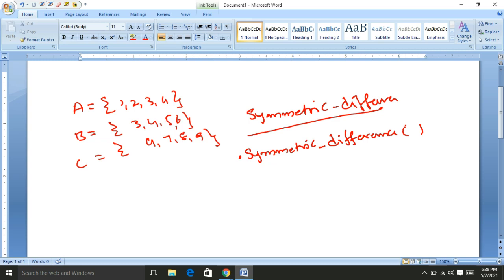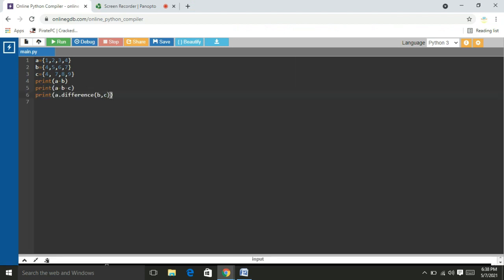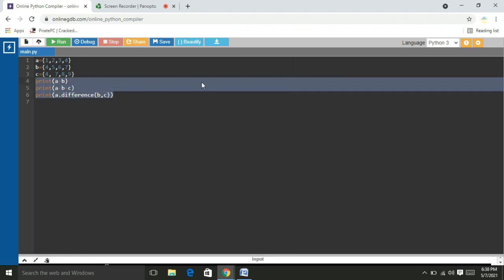Okay, now I use the method between two sets and between three sets for the demonstration. Here I consider A equal to 1, 2, 3, 4, B equal to 4, 5, 6, 7.